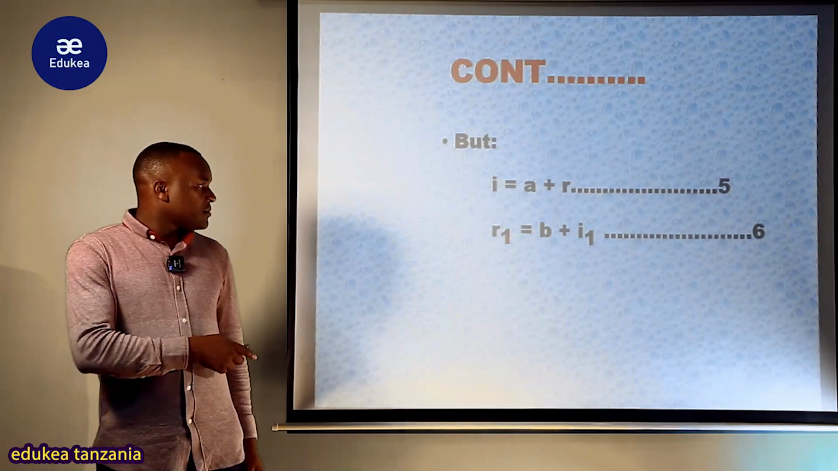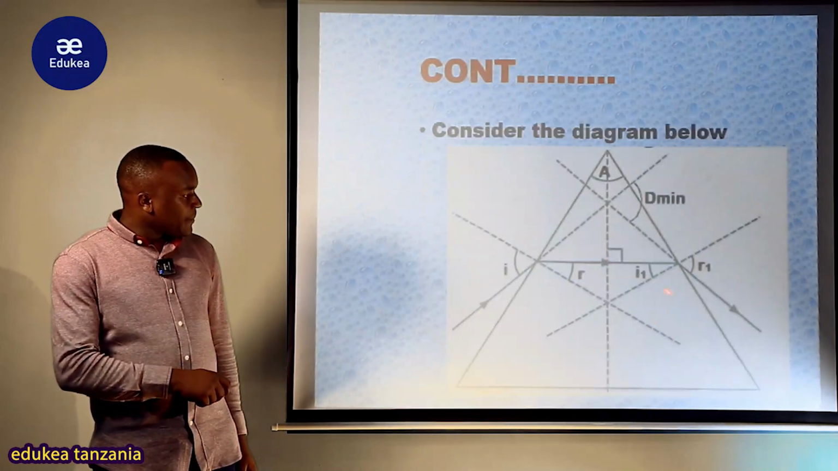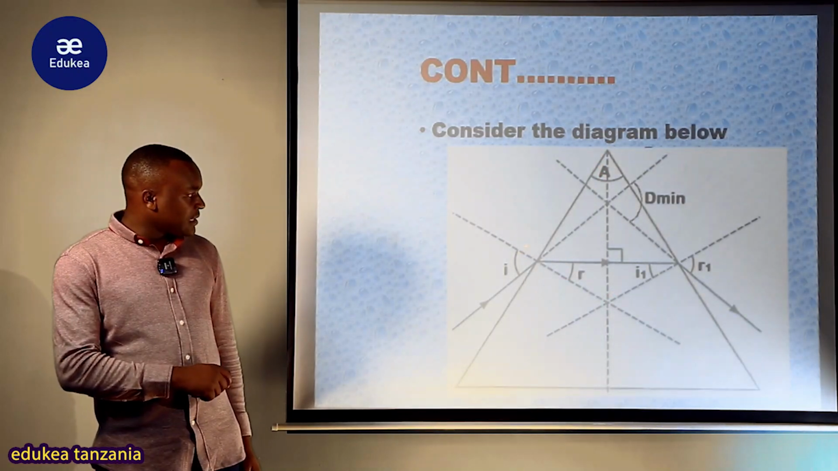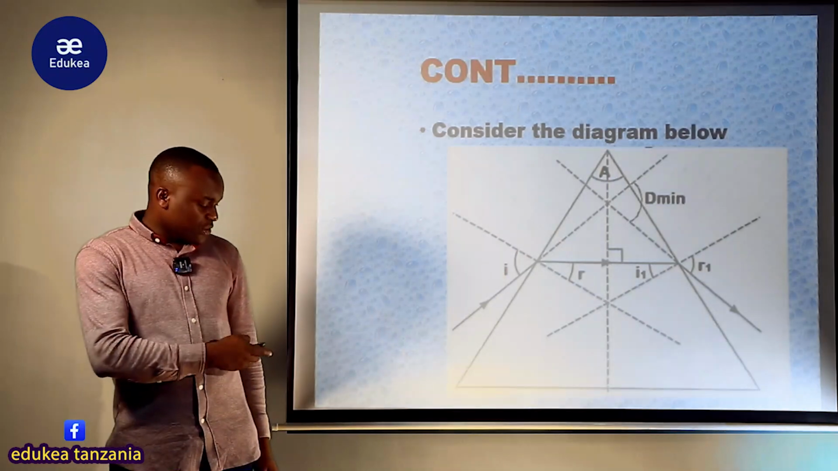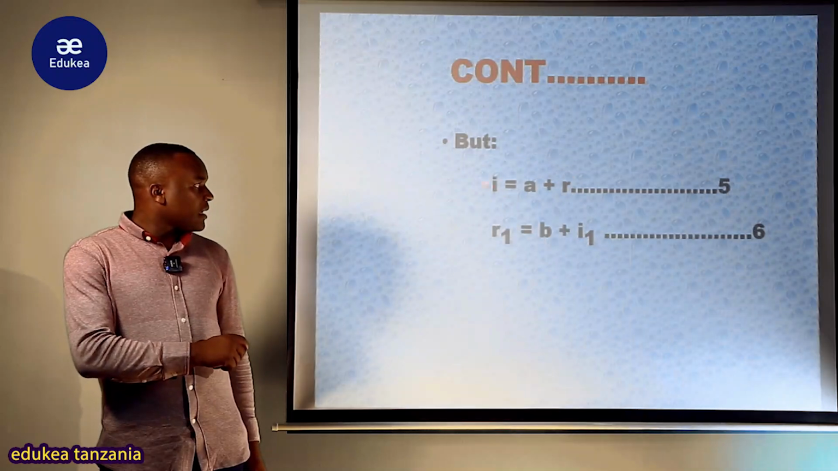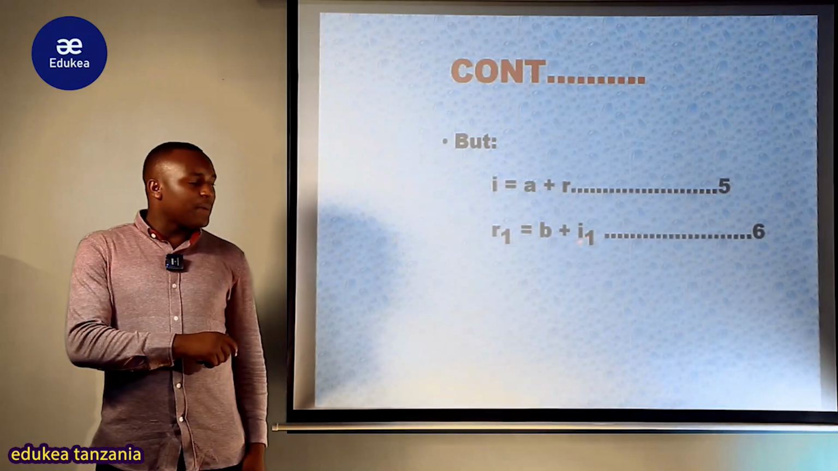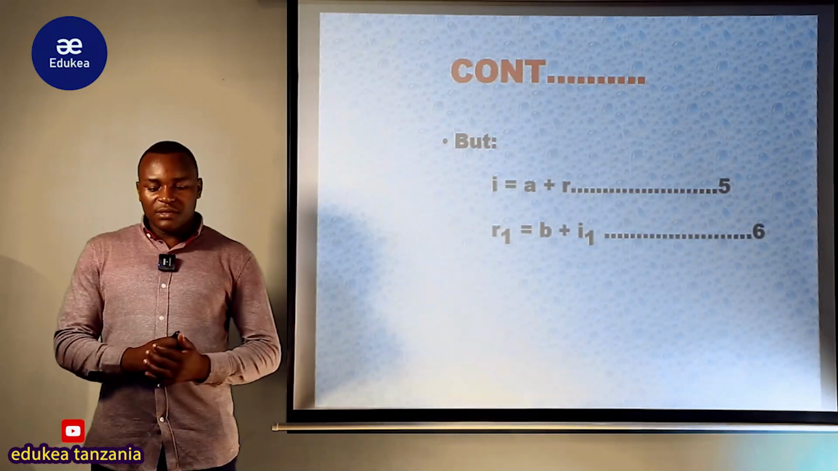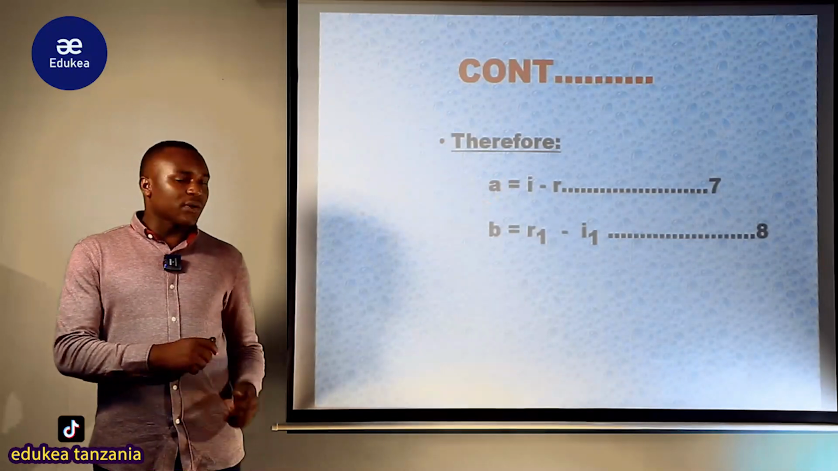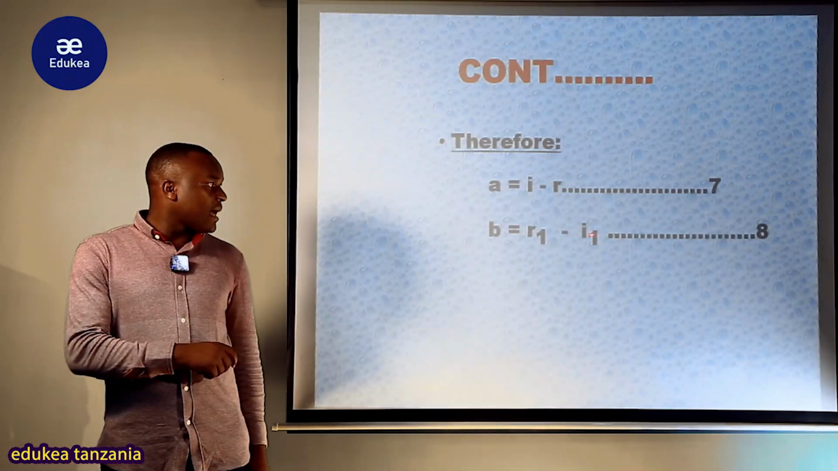Then R, turudi hapa kwenye huu mchoro hapa kwamba A R. So nikitaka kupata angle ya hapa nafanyaje? Ndio hicho kilichofanyika hapo. So A sawa sawa na I sawa sawa na A plus R, na R1 sawa sawa na B plus I1. Hivyo ndivyo jinsi tunavyoweza kufanya. So therefore nikiwa natafuta A sawa sawa na I minus R, but B sawa sawa na R1 minus I1,